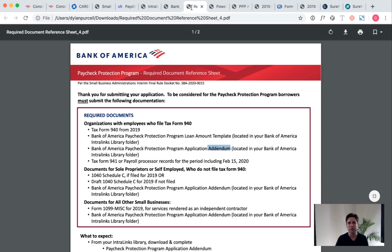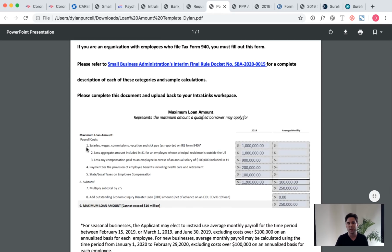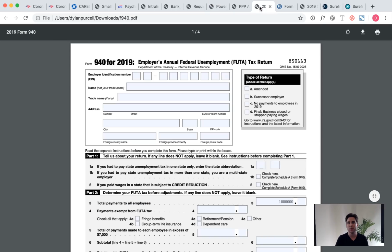I'll go back really quick. For a sole proprietor, you're only doing your Schedule C and the addendum, not the template. Because when you go to this template, the first thing that it asks you is, number one, salaries, wages, commissions, vacation, and sick pay as reported on IRS Form 940. Okay, so let's go to our 940 form, and you find that number under Part 2, number 3, total payments